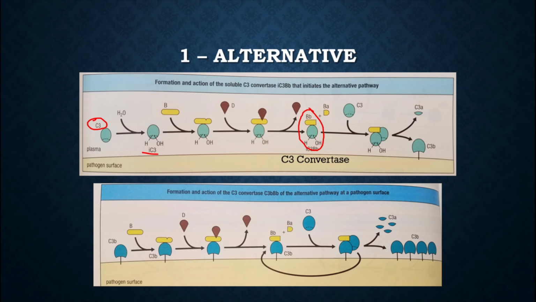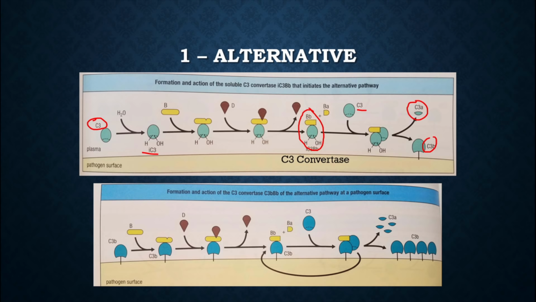And that is the C3 convertase. What that's going to do is convert circulating C3 into C3b and C3a. Whenever we're dealing with these, the a fragments become anaphylatoxins and leave into the body, and C3b generally gets embedded within